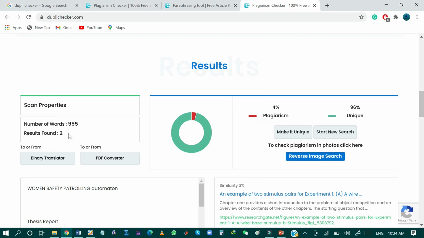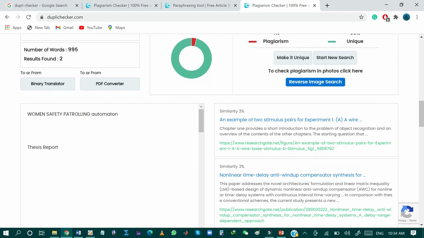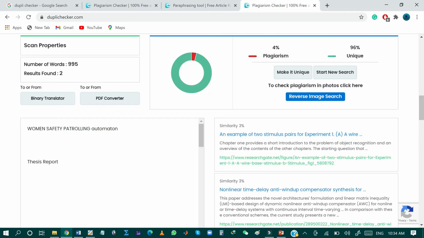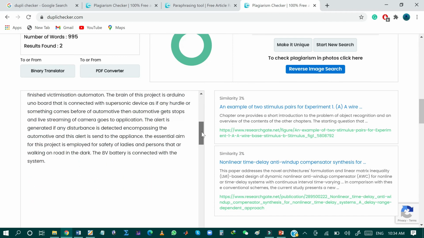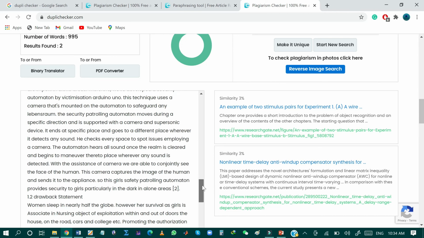This is the scan property of my document. And furthermore, this is the plagiarism report. As you can see, the unique content is 96% and the plagiarized content is now reduced to 4%. And this is the similarity report. As you can see, the plagiarized content is found from only these two sources, and this is my updated report.